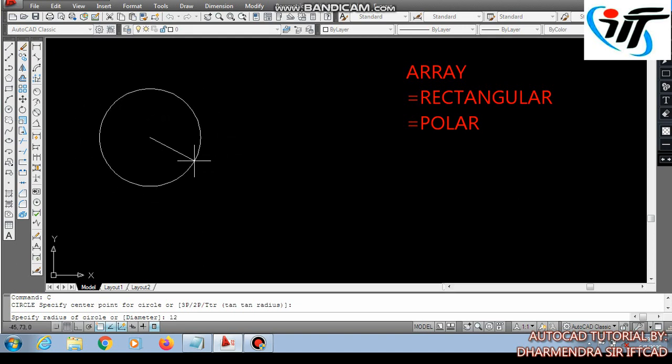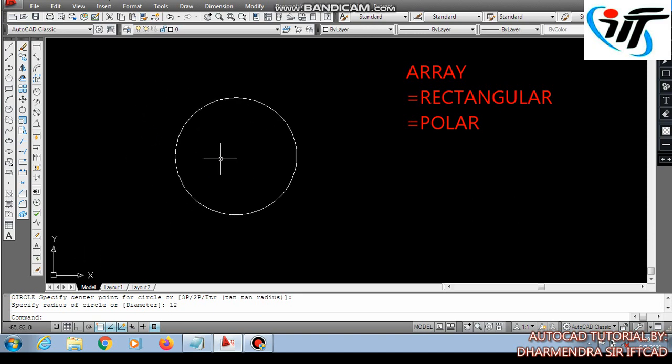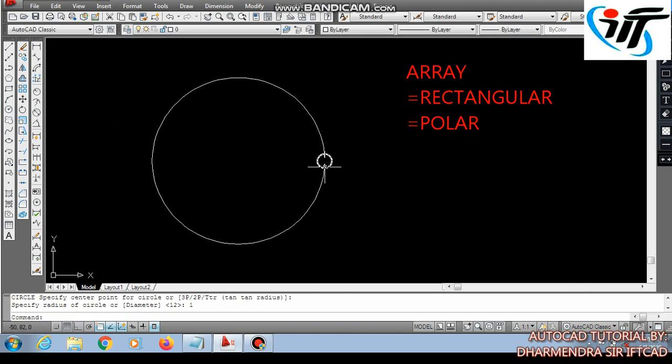Let me put 12. The radius of this circle is 12 mm, and once again I am putting a circle on the circumference of this circle which has one radius. Okay, now I want to array this object on this path.